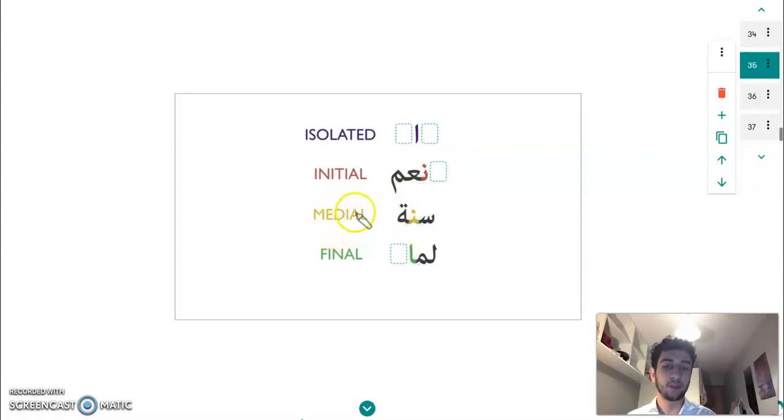Now, many letters, not many, but a few letters in the language, like the letter alif or a, do not have a medial form. But what they have is a final form, which is indicated here. All letters in the language have an isolated and final form, but only a few don't have an initial and medial form. As a final form here, it's showing the same letter that we started with, the letter alif or a, and it's showing it as how it's connected to the word behind it, but it doesn't connect